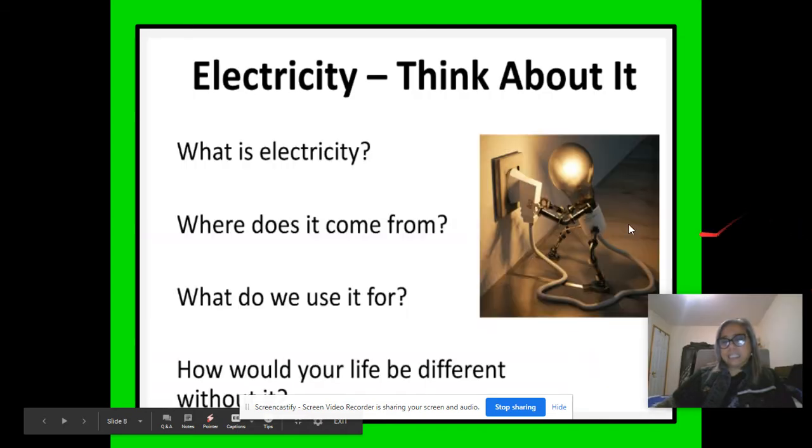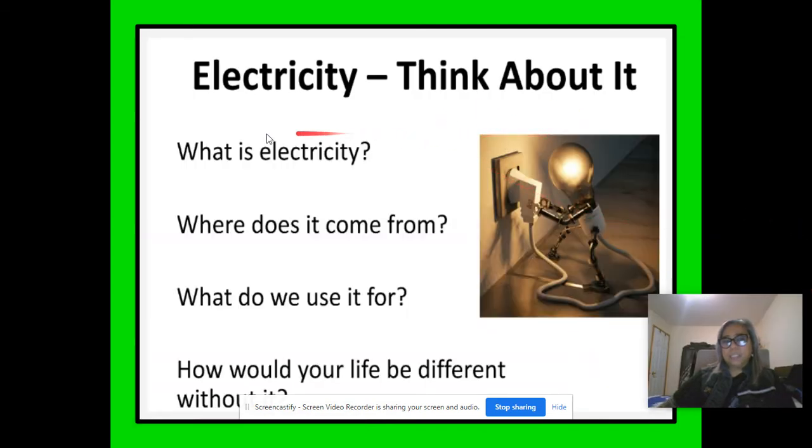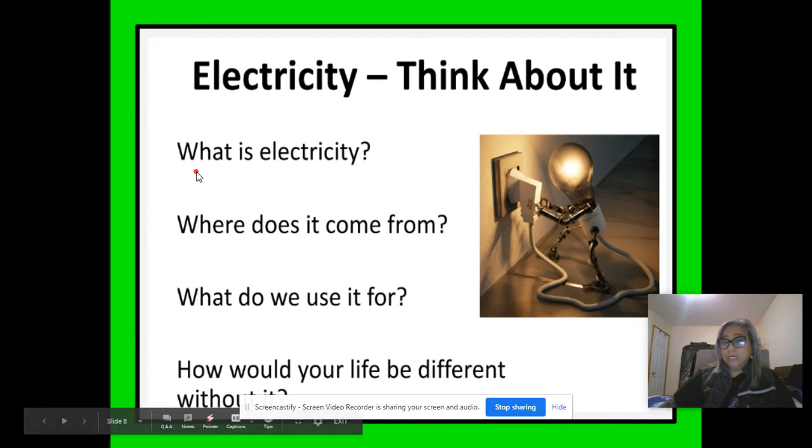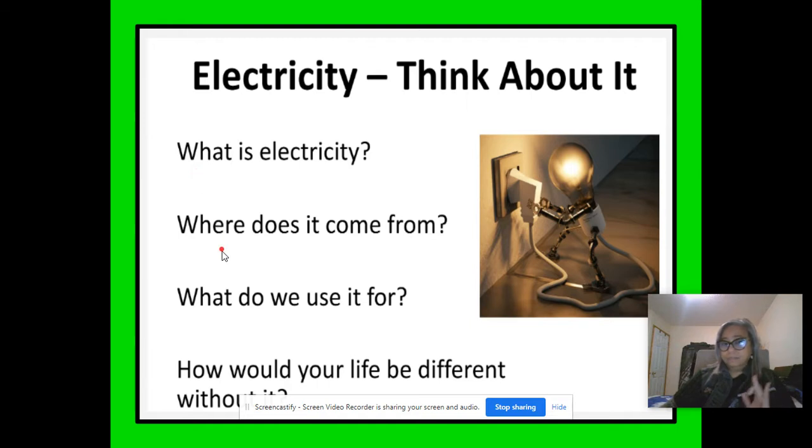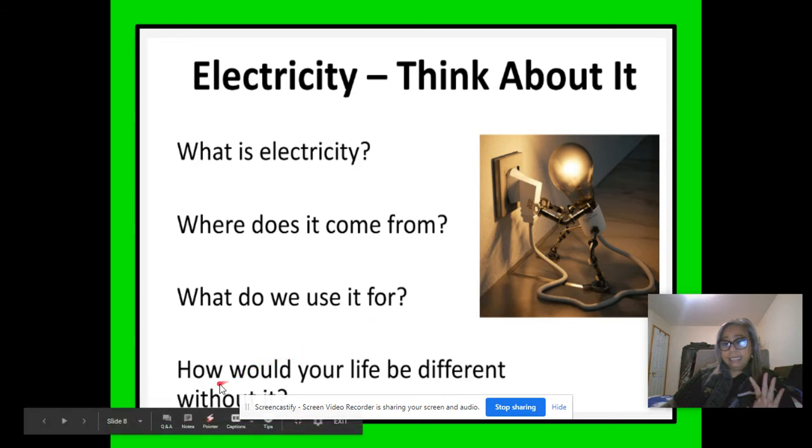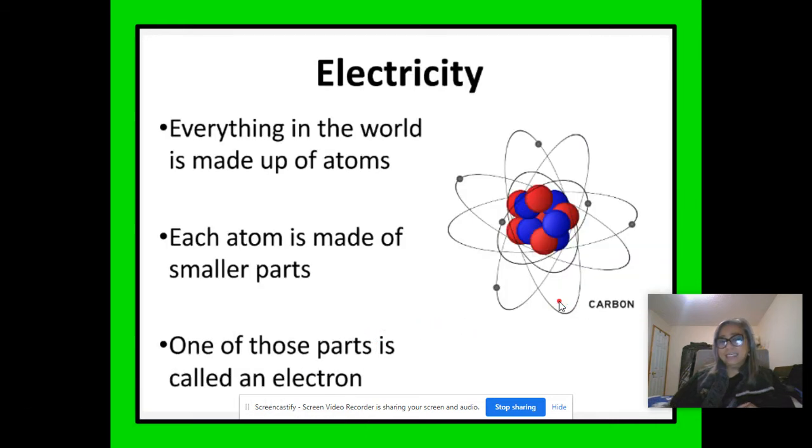Now, with electricity, something to think about. So, these are now our four essential questions here. One, what is electricity? Where does it come from? What do we use it for? And how would your life be different without it? So give it a thought. Now, with electricity,